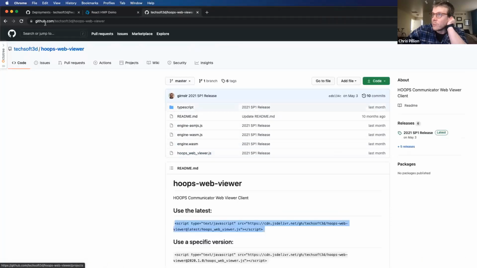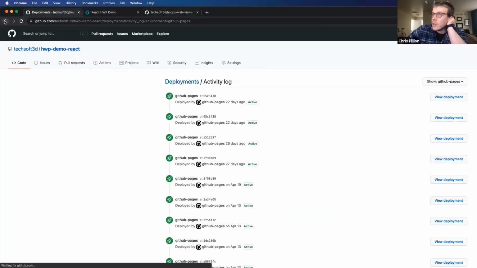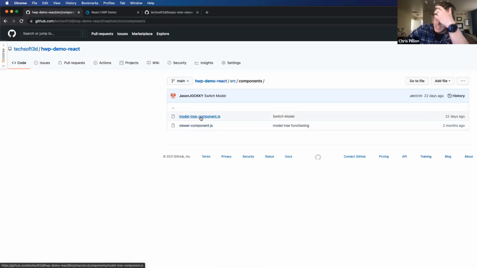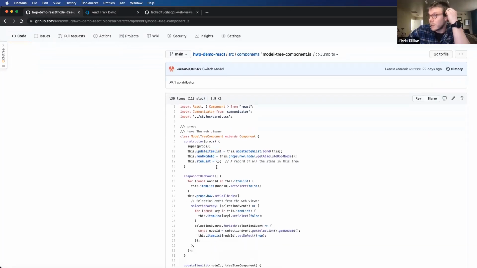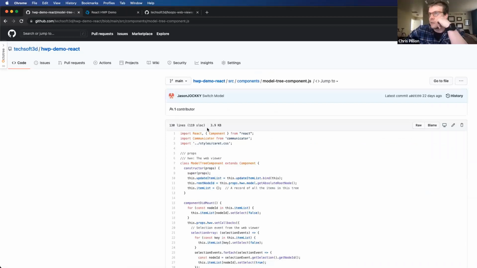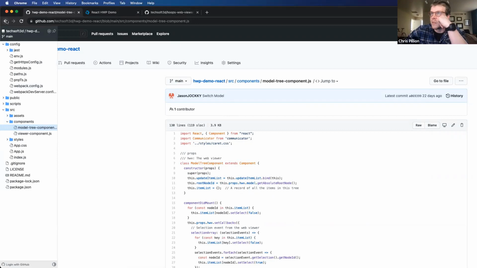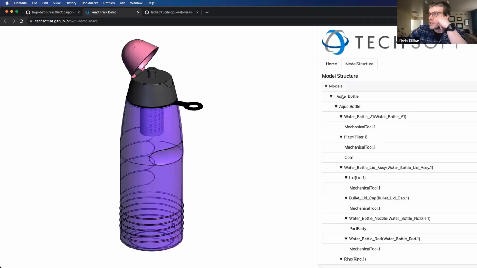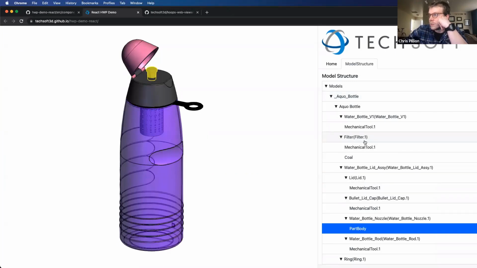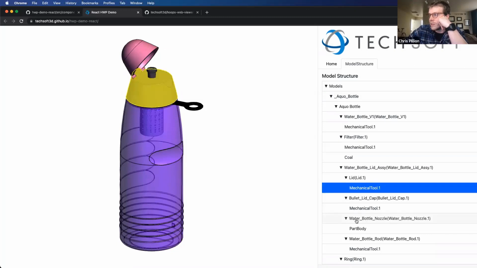If you go back over into the source, and you look in components, you can see he's actually building this model tree up from components, and then he has individual component items that built up this model tree. So it's a nice little implementation of some components there that are coming together to give a nice finished look over here. If you click on any of these individual model tree item components, you can see he's implemented